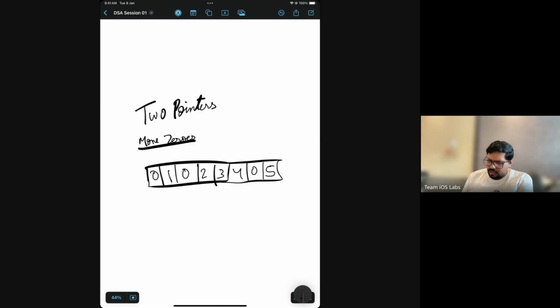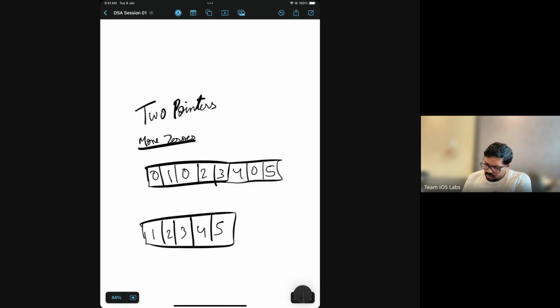And what we are expecting in the end is all non-zero elements in the same order, like 1, 2, 3, 4, 5, and how many zeros do we have? 1, 2, 3, three zeros. 0, 0, 0, something like that. So this is basically your input, and this is the output we are expecting.